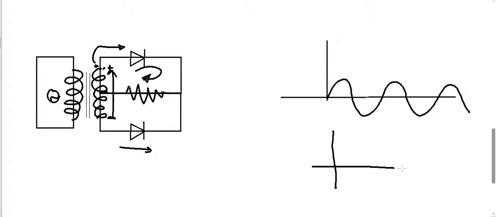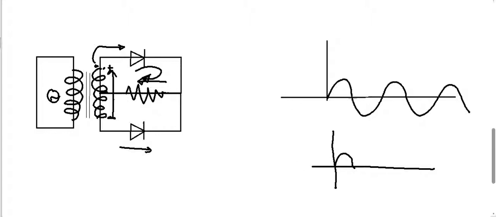So because of this diode, the resistor carries a current. Let us assume that the anti-clockwise direction is the positive direction of current, for this discussion. Because it is carrying a current like this, due to the first diode, there is a positive current in the resistor during this first half.